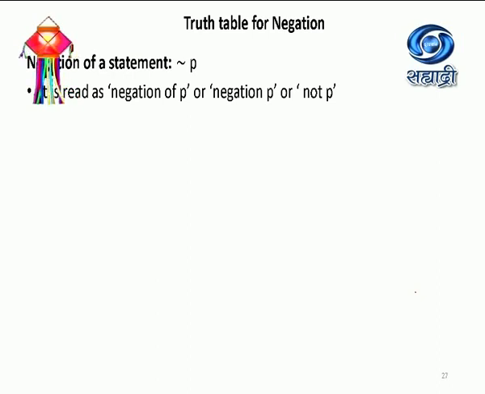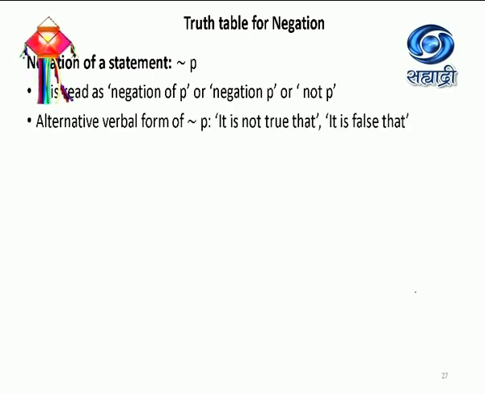And obviously you can see P is now one single statement and one single connective. Sometimes negation P or not P can also be written in the verbal form as "it is not true that" or "it is false that". These two phrases are generally used in the MCQ type of questions in CET. Most of the time in our textbook, at least I think only one question is given with "it is false that". We will be solving it, but remember the alternative verbal form used for not P. Okay, note it down in your notebook. It is not given in the textbook, but you should know.